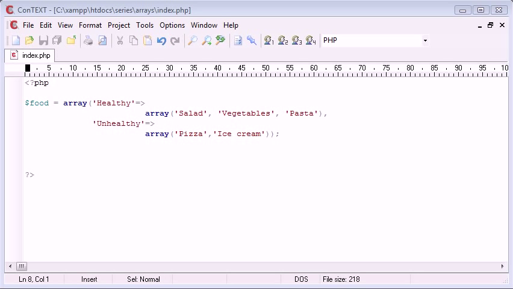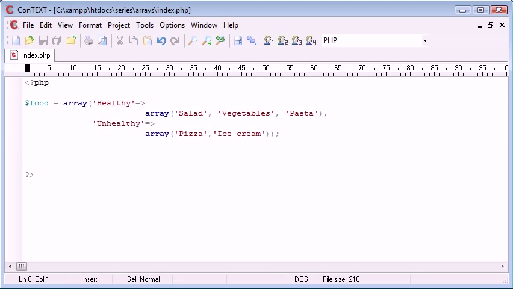In this video we're going to be talking about the foreach construct. Now, it's commonly referred to as a foreach loop because it does actually loop through elements of an array and allows us to iterate over an array and take out different elements. Now, I've left the example here from when I did the code in the multi-dimensional arrays tutorial, but what we're going to be doing is displaying to the user a list of healthy and unhealthy food, so we can see the practical uses of multi-dimensional arrays, and then using this foreach construct